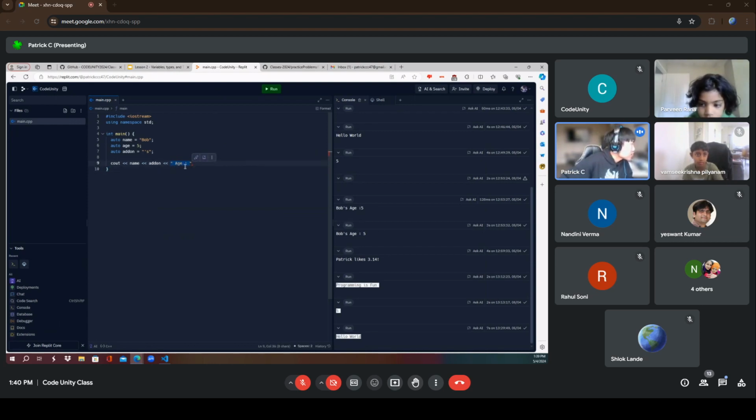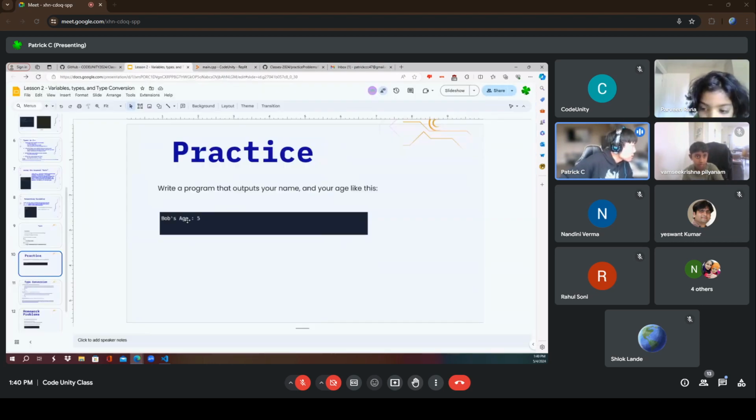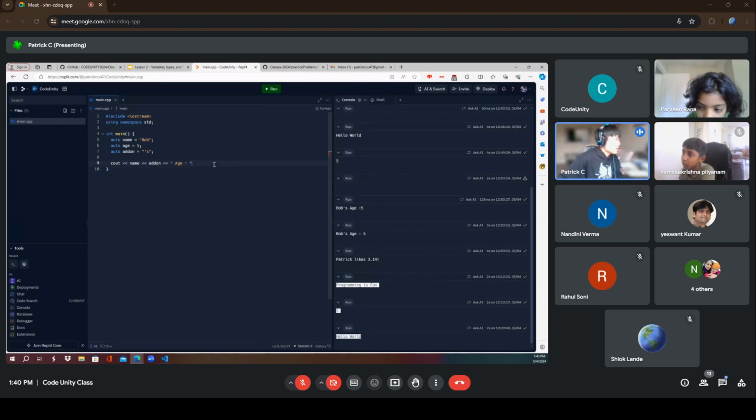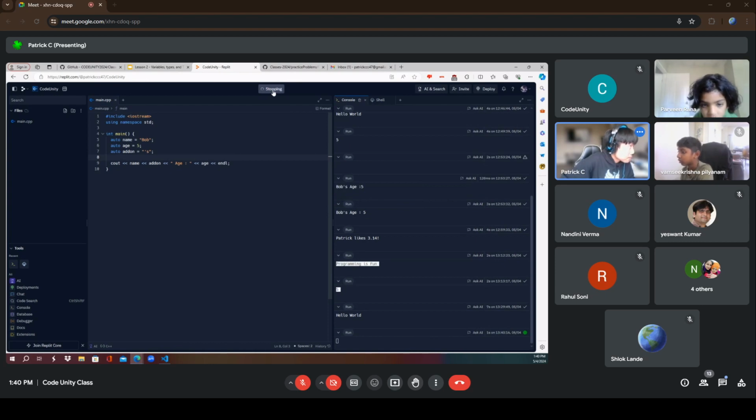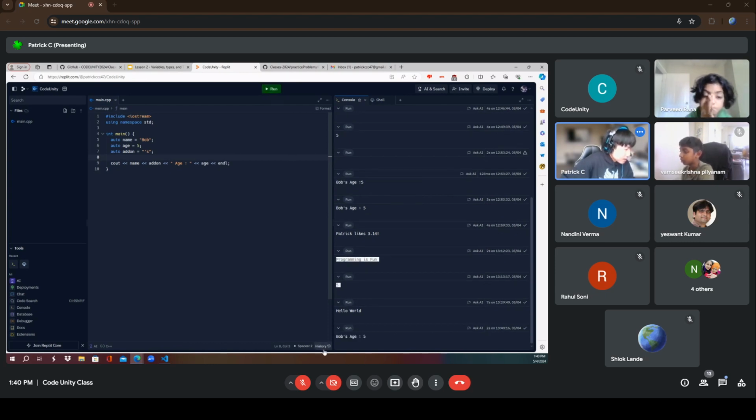There's a space, age, space, this, and then space. And then at the end you can just add age. All right, so let's see if this works. And as you can see, this works. Bob's age 5.